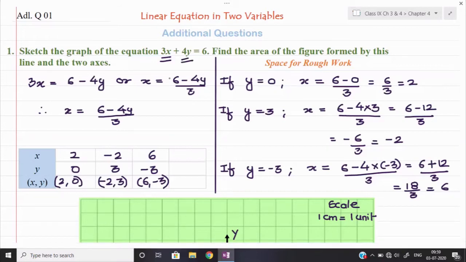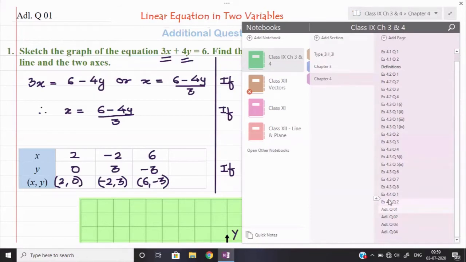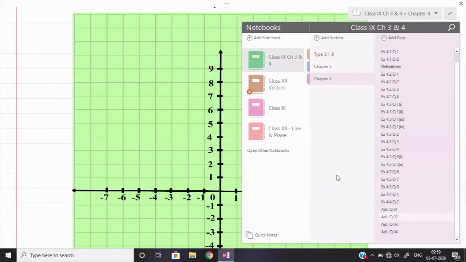So it is difficult to plot such kind of equation, but I have told you the way. Any one variable you can send onto that side, then the coefficient of another variable we can send in denominator as I have sent 3, and then we can find out the values. Choose those values which can give you the value of another variable in the form of integers. Okay, now let us see the next question. In the next question, see what we have given. I am taking now additional question number 2.